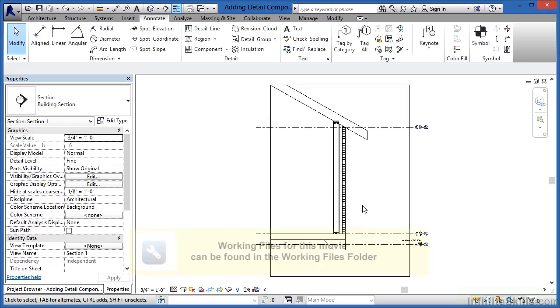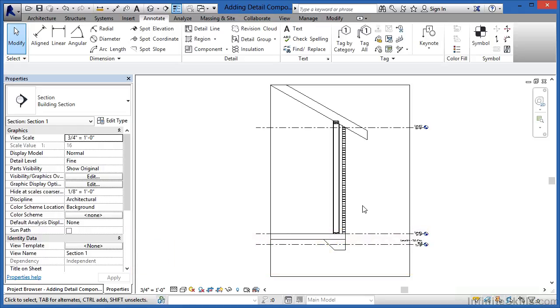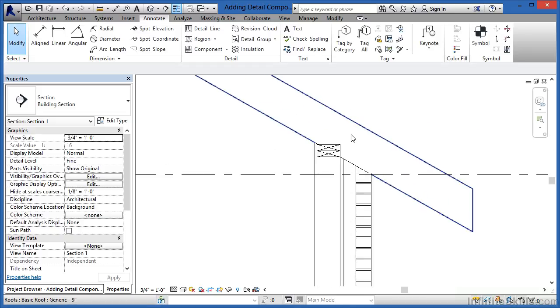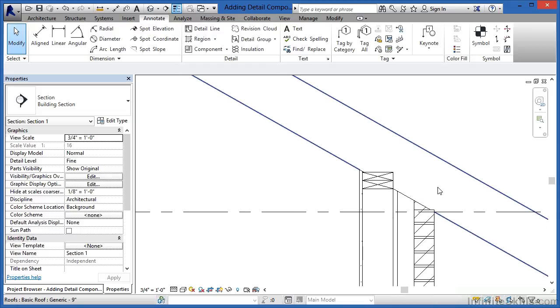When it comes to detailing our designs, detail components have their advantages and disadvantages for the different annotation methods that we typically use in Revit. Let's take a look at that by zooming in at this wall section. And here at the top of the wall, there are 3 detail components. One makes up this repeating detail on the outside of the wall, and then there are 2 detail components here,